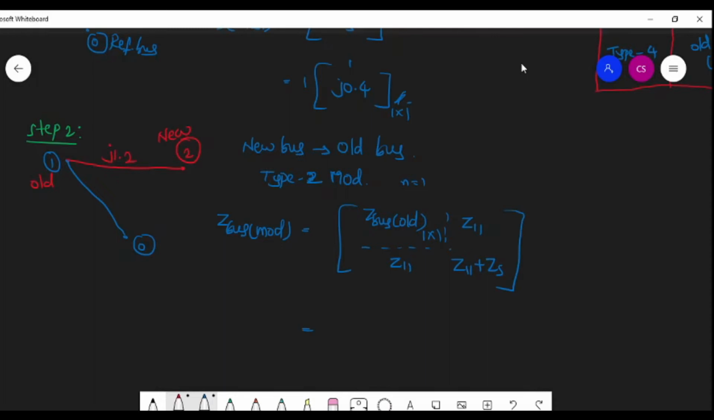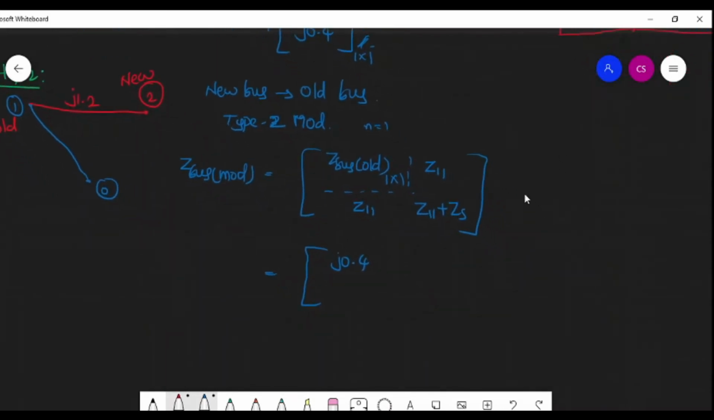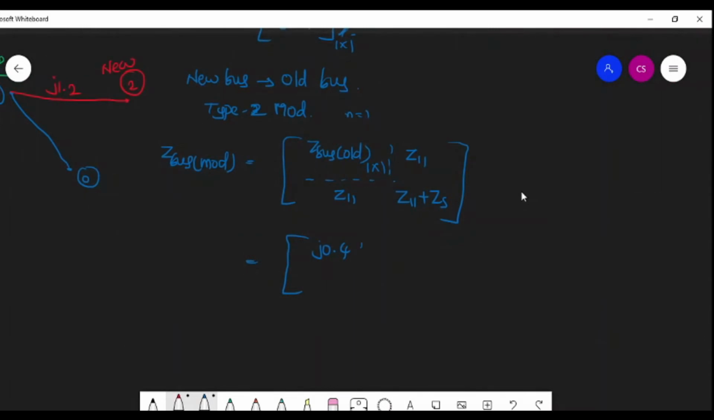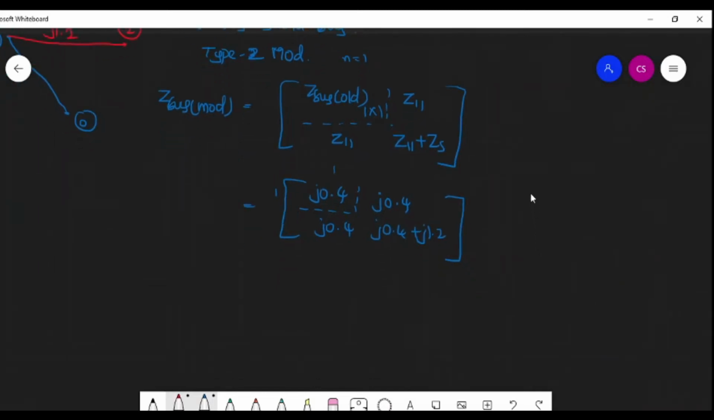So what is this JBus old? It is the previous one. That means J0.4. So J0.4 will be your old bus. And what is Z11? Again, this one itself is Z11, that is J0.4. And this one is also J0.4. This one is J0.4 plus J1.2. Then what will be the resultant value? The resultant value at the end of step number 2, that means JBus modified is equal to